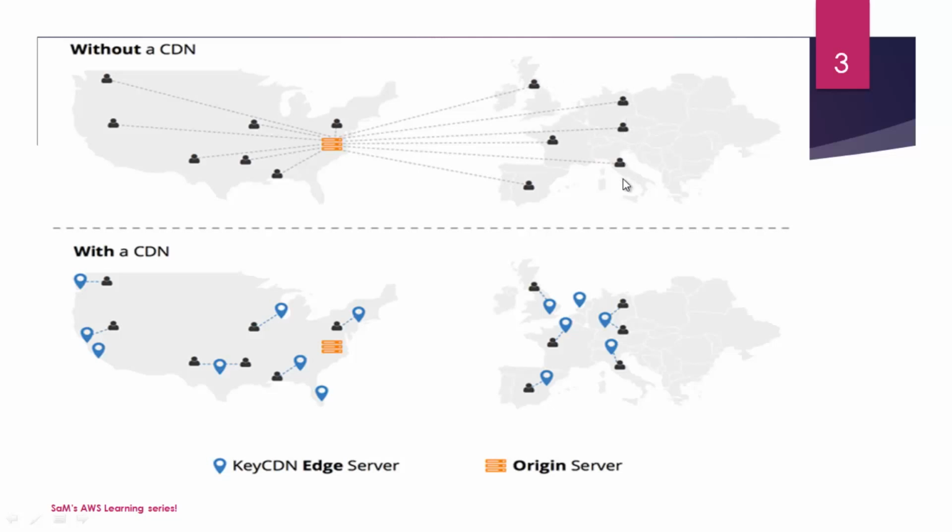They are trying to access it from Europe, and the longer the distance, there will be network latency, there will be network delay, and we are going to see some issue with the data transfer speed. Let's assume this guy who is sitting very near to the origin server will not face any network latency because of the geographical distance. It is a very small distance, and he will not experience that sort of latency.